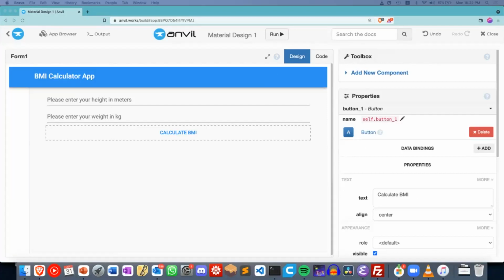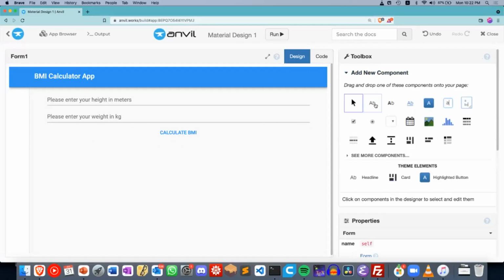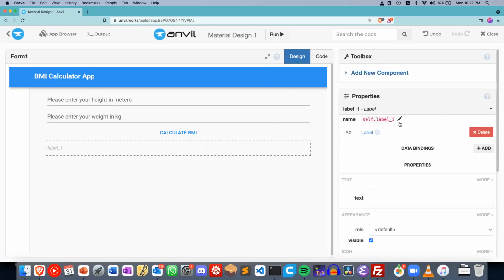Okay, so then the next thing we're going to need to do is to add an answer text display. So we type in our height in meters here, we type in our weight in kg here, and then we click the button. We're going to need a way to display the BMI. So to do so, we can use a text field. So you can drop a text label over here, and let's call it